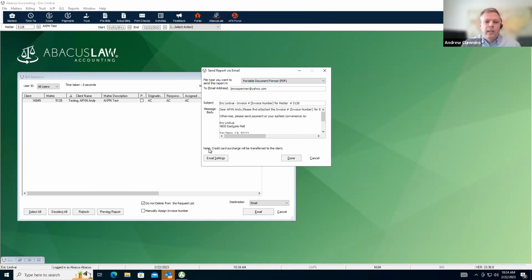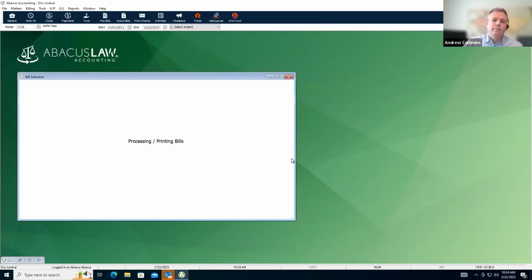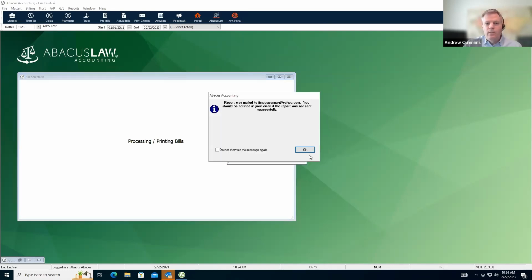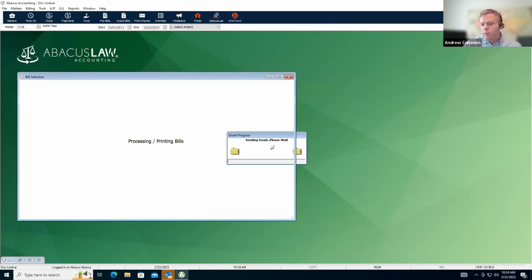And it does indicate here at the bottom that credit card surcharges will be transferred to this client because it knows for this particular matter, we've enabled that capability. So I'll just click Done to that. The email message is going to be sent out. And then if we go into